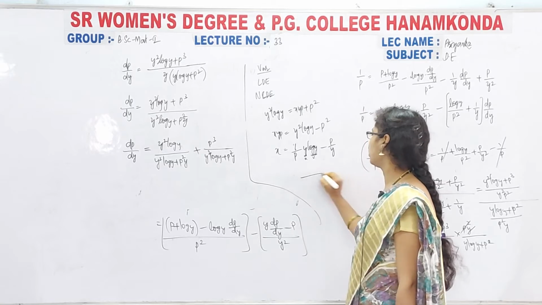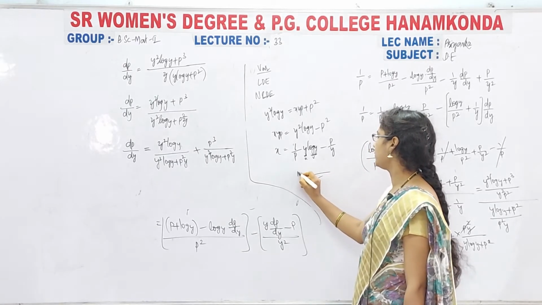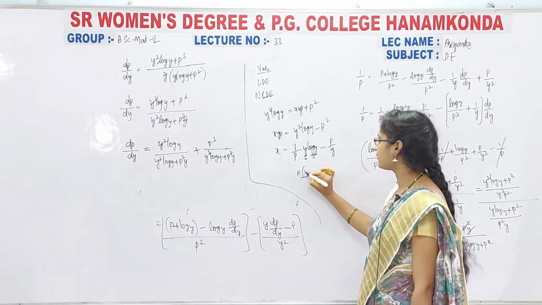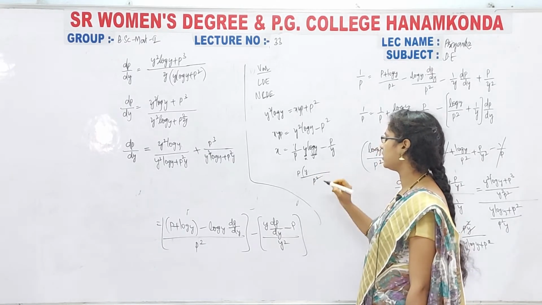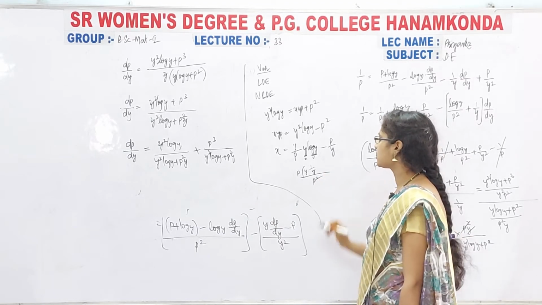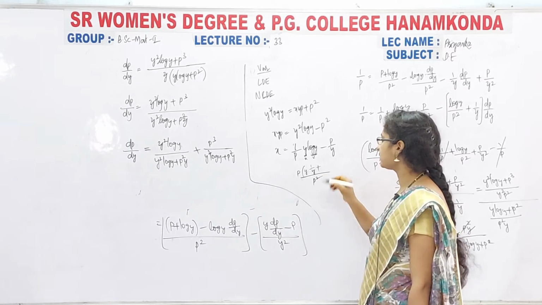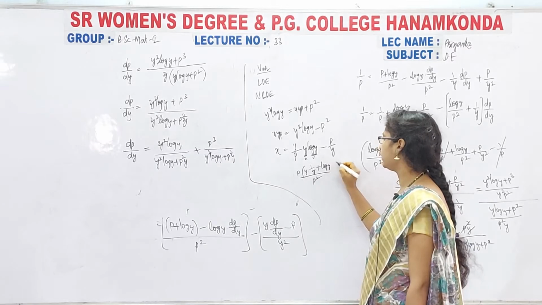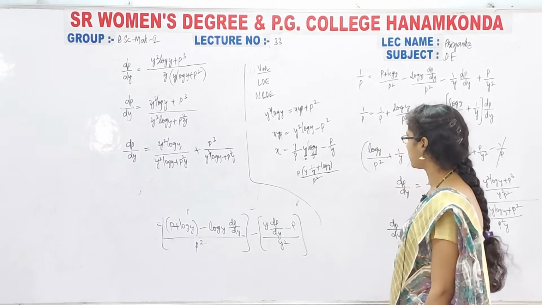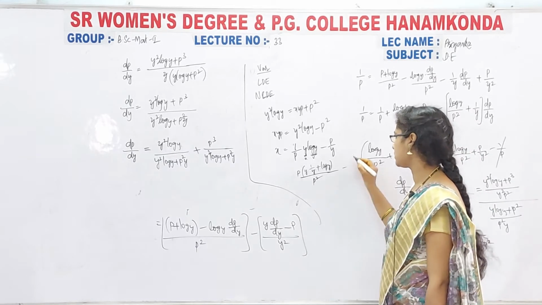Okay, so p square and here p of y plus log y. So y plus log y means y as it is, differentiate log y with respect to y, then 1 by y, next plus log y into 1. So now y gets cancelled, p plus log y, that's it, correct only. The next minus p by y.